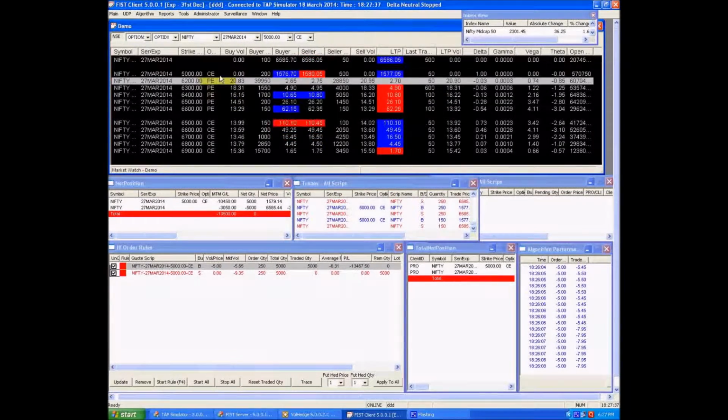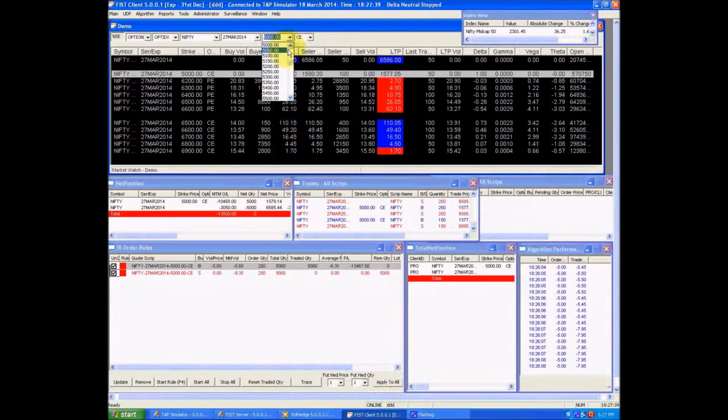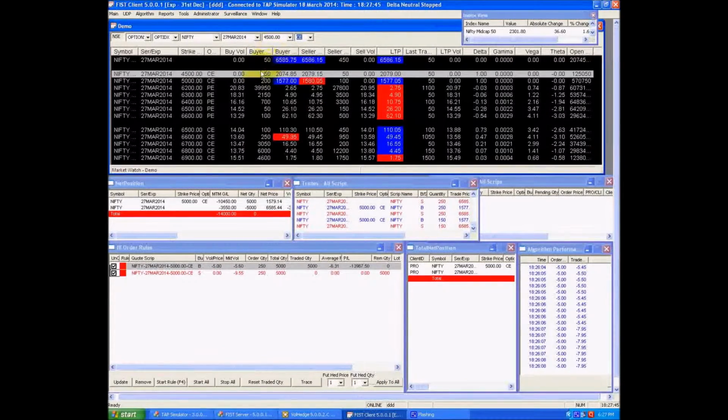Now about synthetic options. I'll select another strike, the 4500 call. This is also an ITM option. Why should I trade through synthetic futures? I should trade with synthetic futures because it saves 80% of hedging cost.